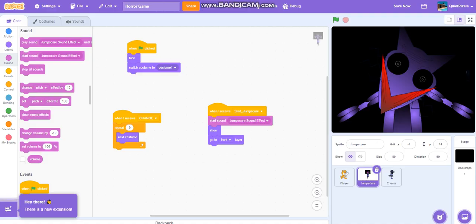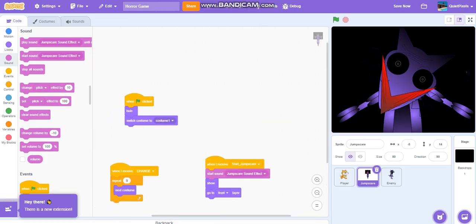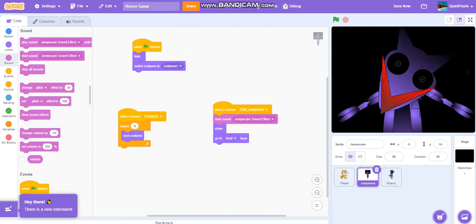But that delay of 3 seconds would put a very big effect on the timer. It will give 3 extra seconds to the player, and we need to fix that. But we are gonna do the timer for the next episode, and we just needed to do the jump scare and the movement of the